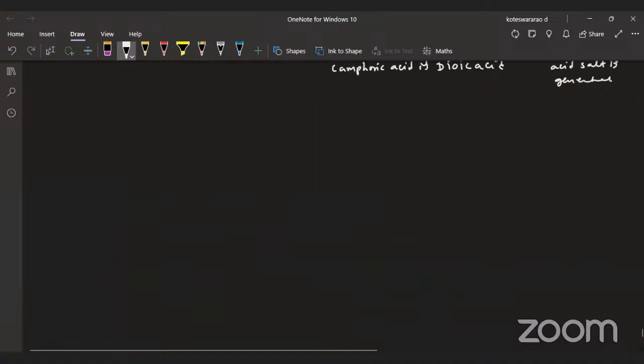Due to the presence of the ketone group, look at here. This is the ketone. For example, R prime. Whenever it is treating with HNO3 or any oxidizing agent,